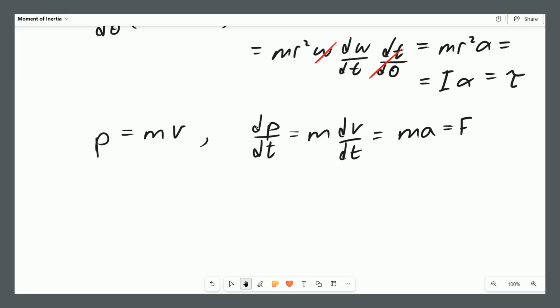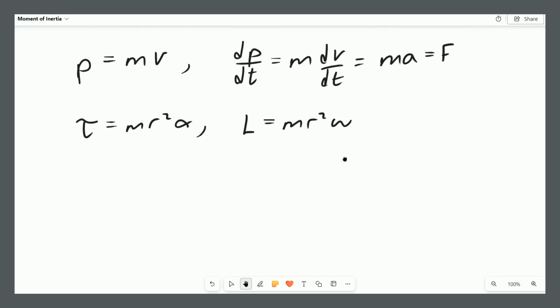How we're used to thinking of force. So, well, if we have torque as being equal to mr squared multiplied by alpha, what would we have to take the time derivative of in order to get torque? Well, we would have to take the time derivative of mr squared multiplied by omega, right? Because